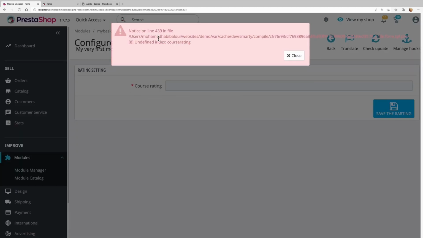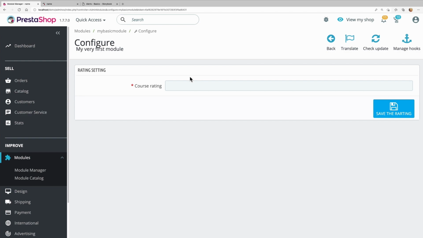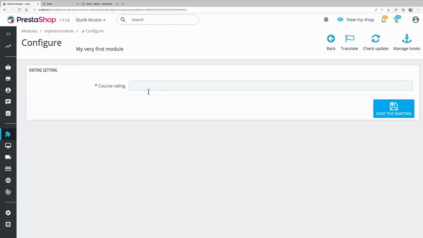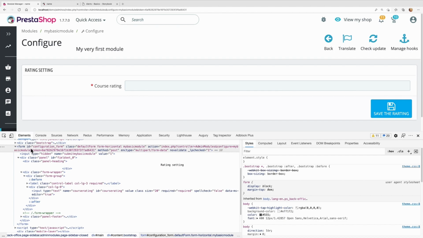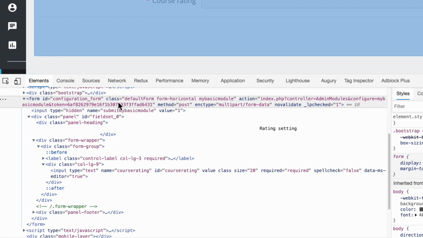Okay, we have a little warning here saying undefined index course rating, and we are getting this because we did not define a default value for our input, but we'll be doing that later. Now let me just focus on this form and I would like to inspect it. So first of all, we have the form with the configuration form ID, some classes injected, and we have my basic module